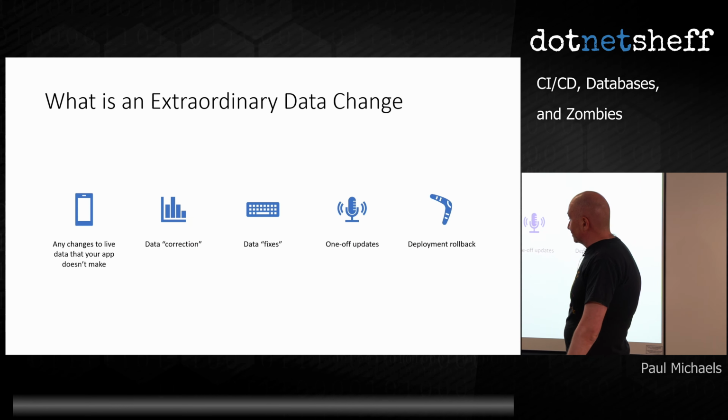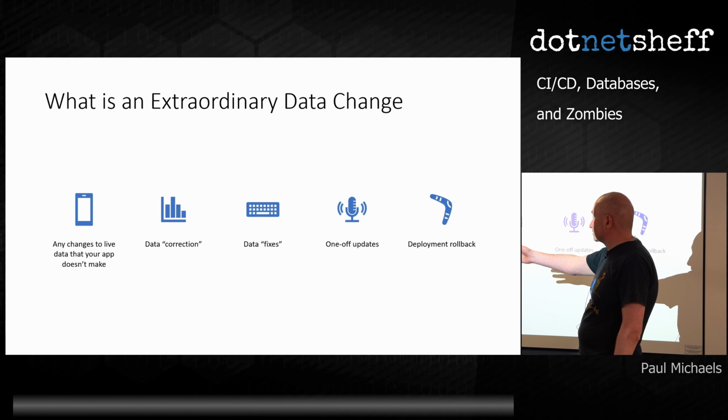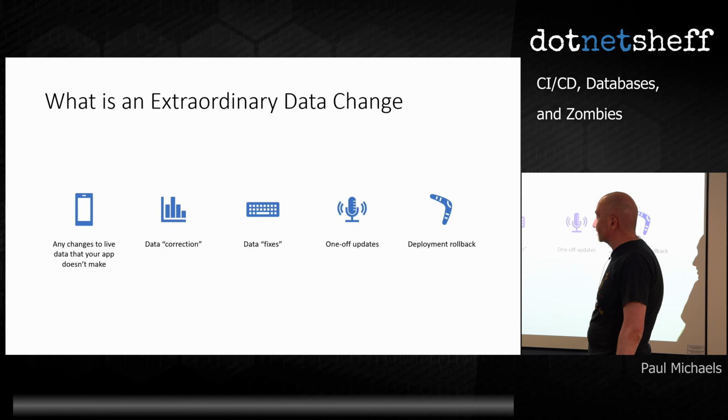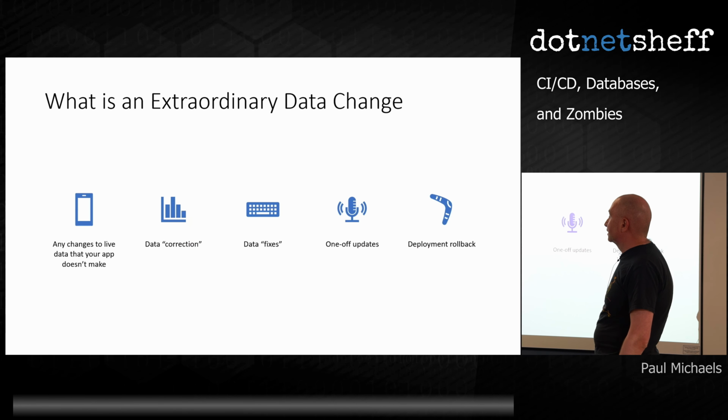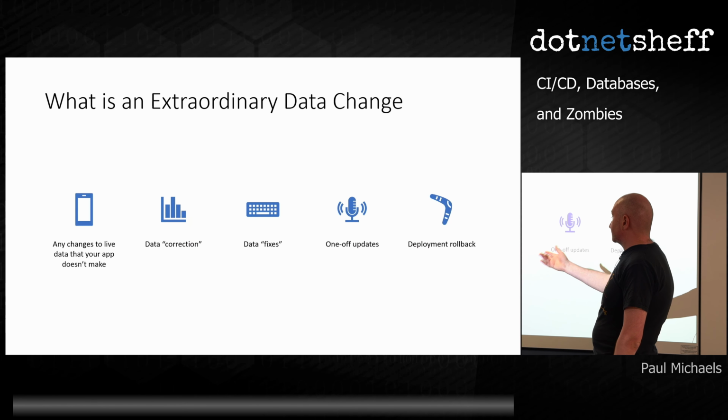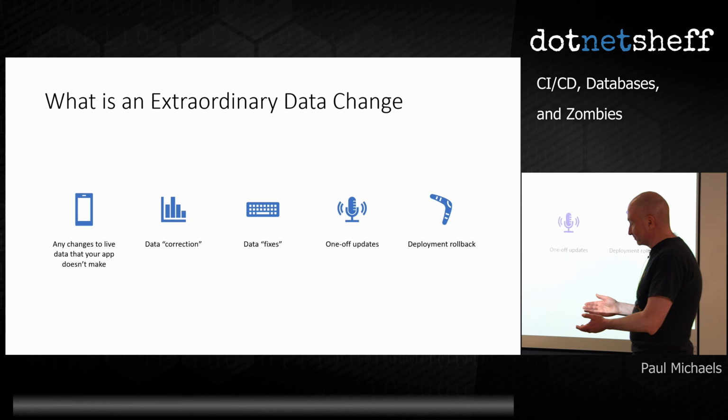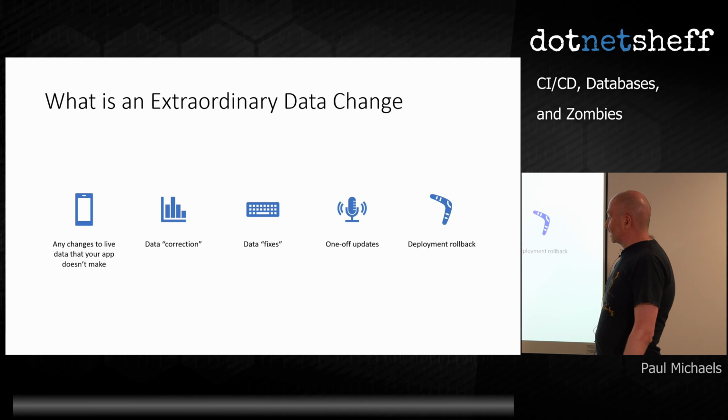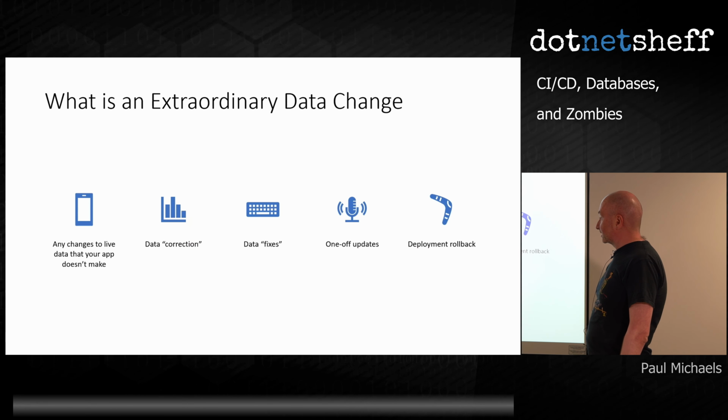So these aren't the only cases. There are times when you actually need to change data, but your app isn't there yet. So you've not built in a particular feature to do something, so you have to change the data. There's a bug which breaks the data, and you've got to fix that, which is the data correction. The data fixes I've put because sometimes the data might be internally consistent, but it might not be in the state that the person who's using that data wants it to be in, which is a bit of a grey area.